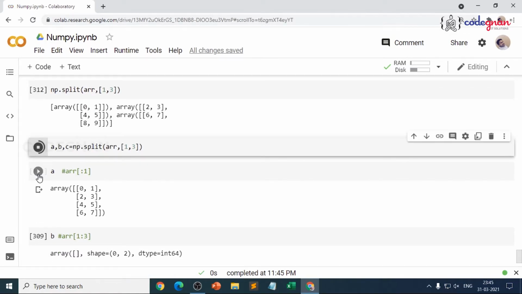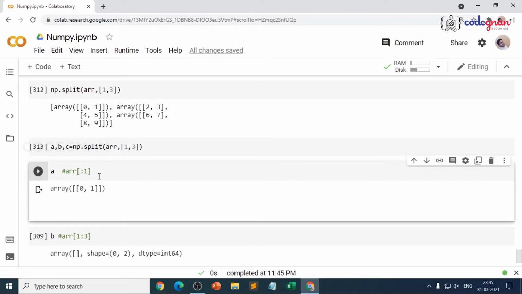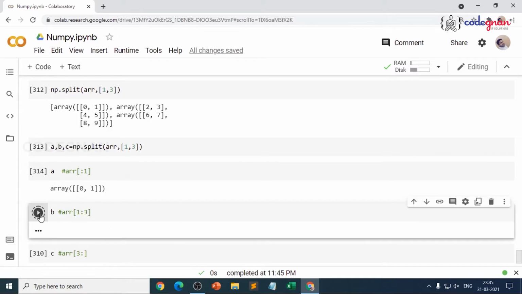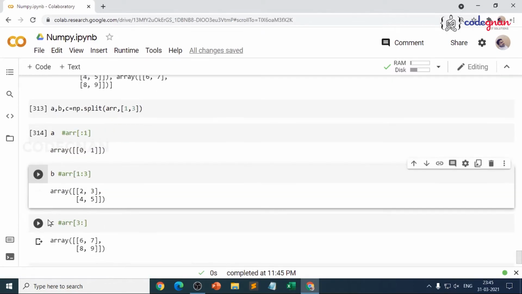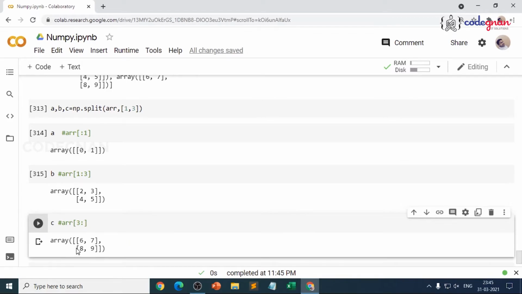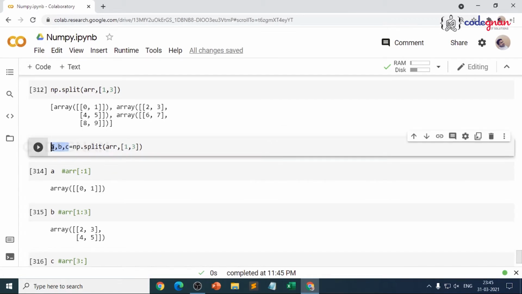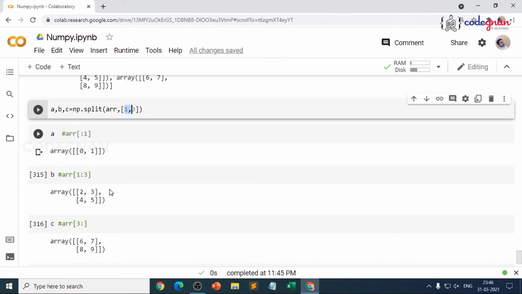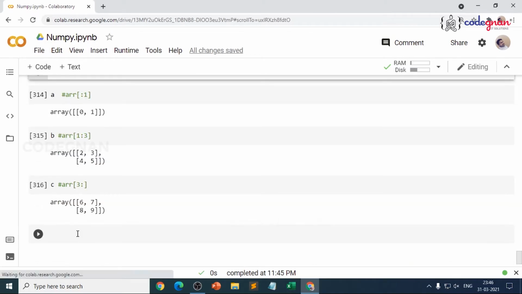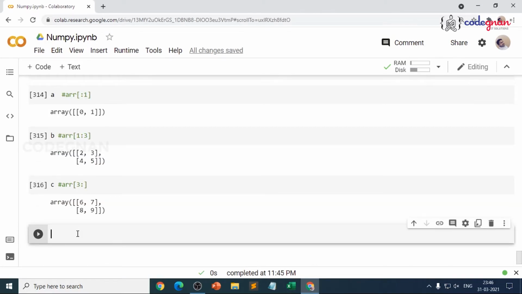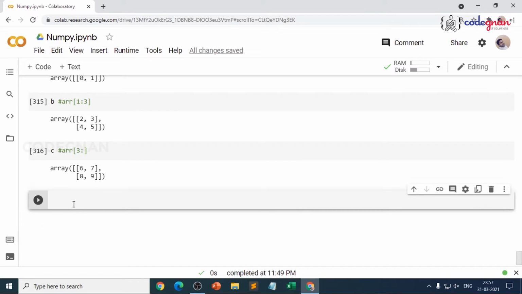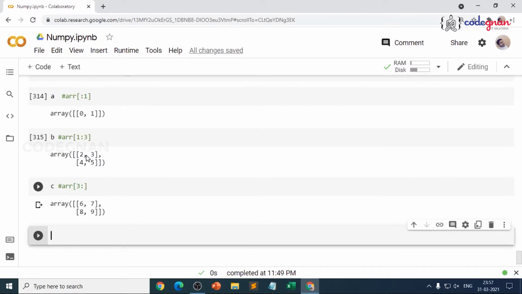If you execute the same thing, you get the same result. Before 1, that is the first row, and we gave the middle 2 rows and the last 2 rows. That's what you're getting here, but you may not observe it clearly. That is the reason I have passed 3 variables. If you pass 1 comma 3, before 1, 1 to 3 and after 3, that's how you clearly understand how to split the given array into multiple arrays. So that is how we have understood how split works.